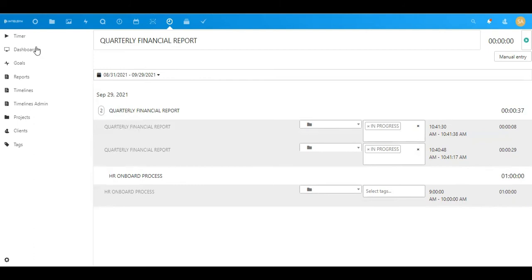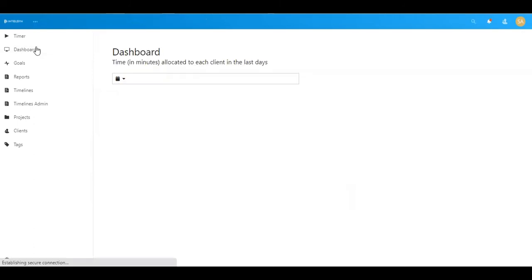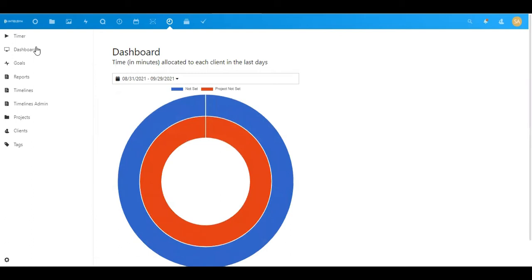Next, let's move on to the dashboard. Dashboard view displays a nice pie chart of your tasks or lets you filter for tasks in the reports. You can find the reports under a beautiful pie chart. You can categorize this as well. These are the options. Now let's move on to the goals.